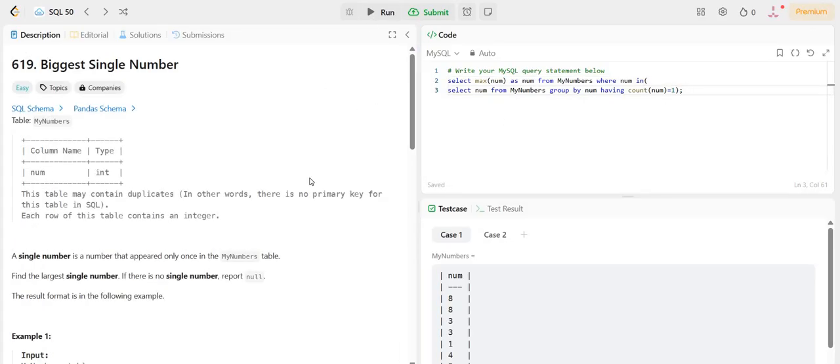So let me explain once more. Basically you have two queries, I mean it has a subquery. You are selecting a column named num from the table MyNumbers. After that you're grouping by num.